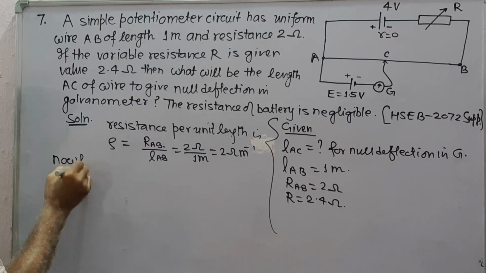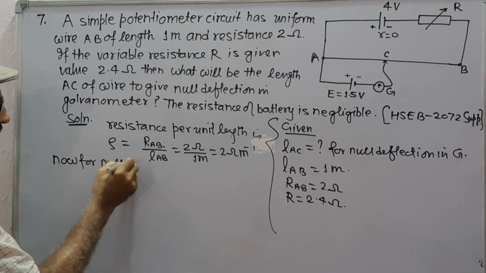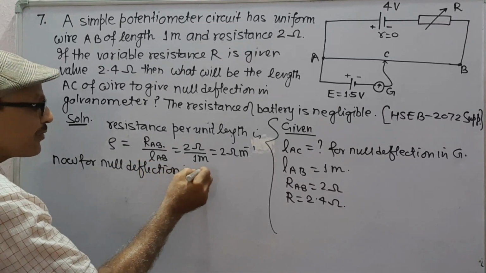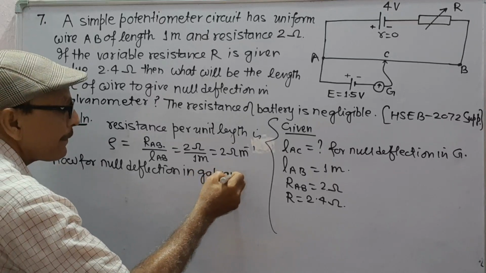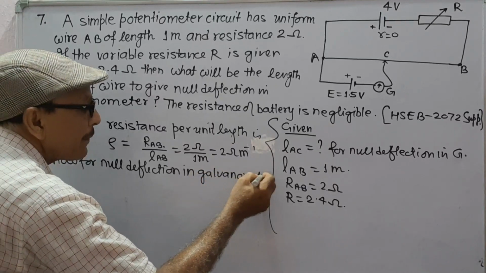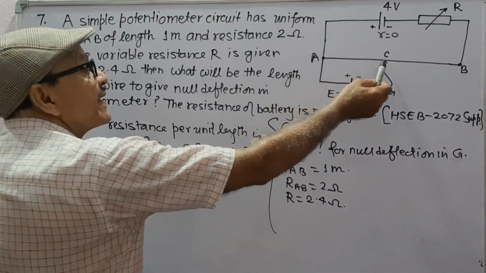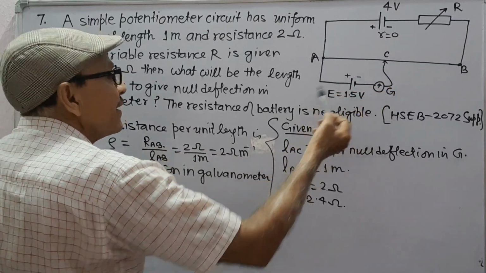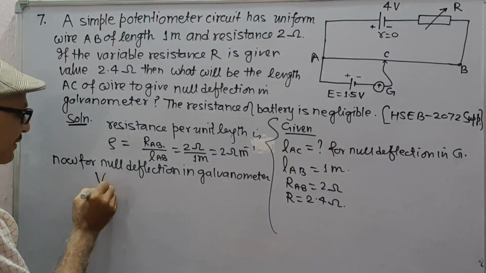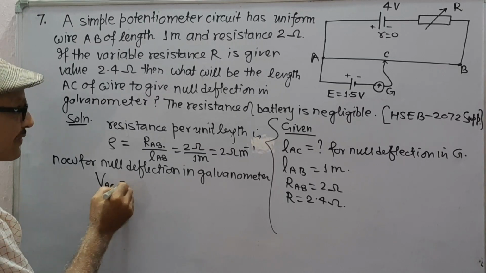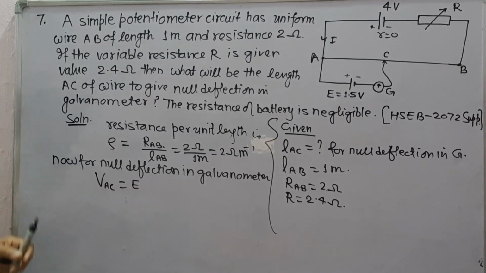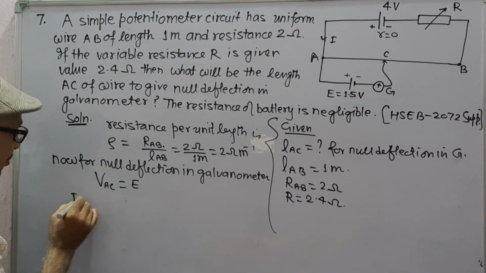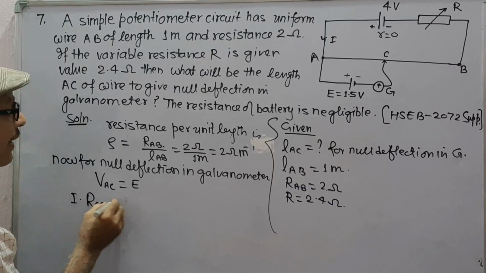Now for null deflection in galvanometer, potential difference must be 0, that is V A to C must be equal to E. So V from A to C must be equal to E. VAC will be I into RAC. So I into RAC is equal to